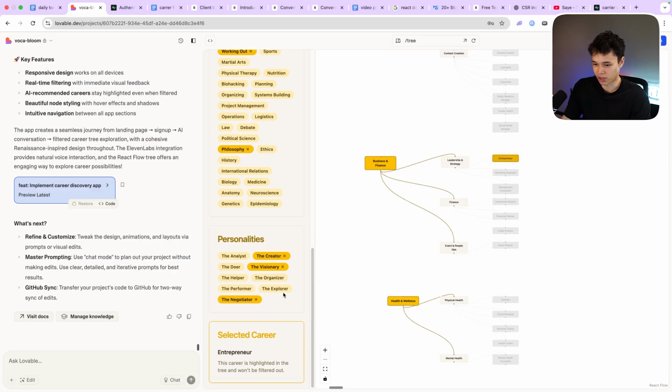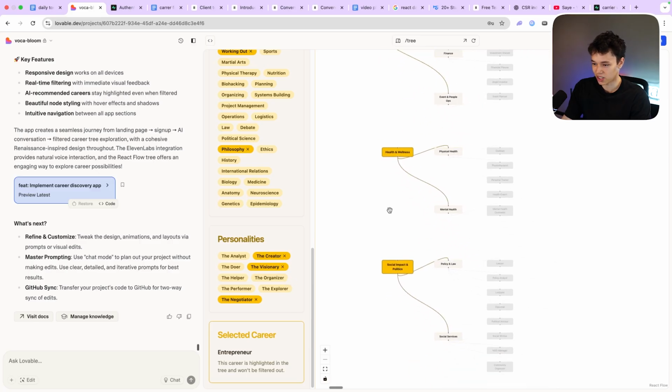So what I am gonna do is I'm going to try to change it such that we have a top down tree. I'm just gonna say, all right, can we please flip the career tree 90 degrees in the clockwise axis? Because right now it's going from left to right, but we want it to go from top to bottom, like a reverse tree. And also make sure that the edges and the nodes are aligned with that structure.